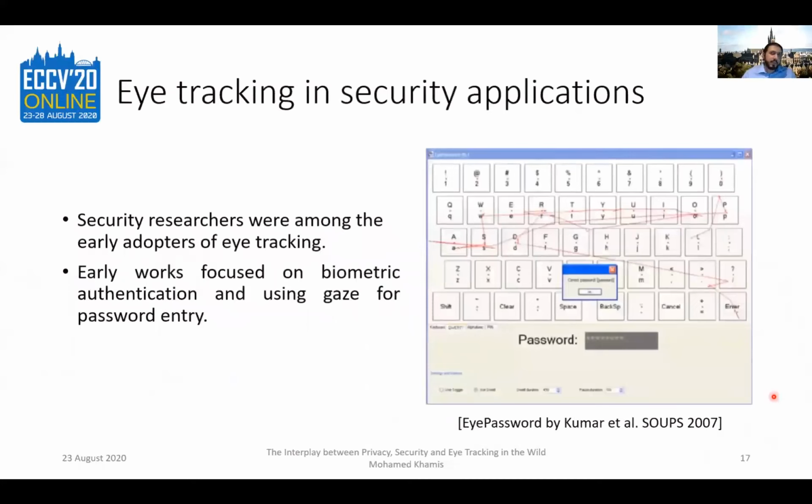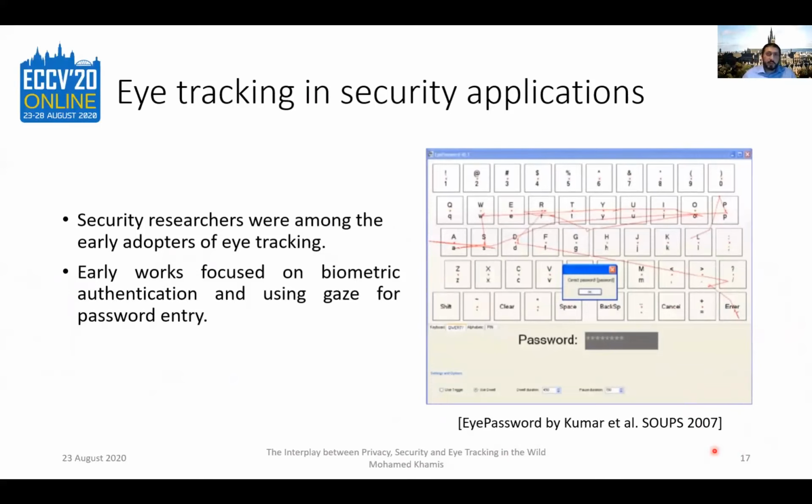So I think one of the earliest works in this area is the work by Kumar et al. called iPassword, which was published in the Symposium on Usable Privacy and Security in 2007. Basically, the idea was that you would enter passwords by using eye movements and dwell time to select keys on an on-screen keyboard. The idea is that by doing this, it's harder for people around you to know what kind of password you're entering. So actually, security researchers were among the earliest adopters of eye tracking, and